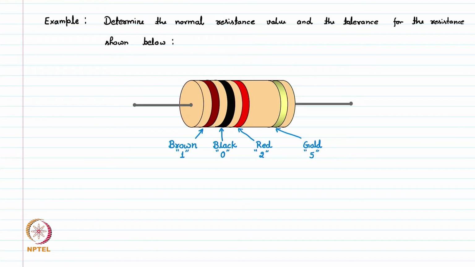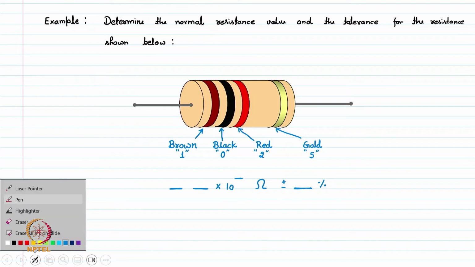So according to the formula, we have 2 spaces to fill in the digit, and then we have 10 to power multiplier, this much is the ohm value, and then we have plus minus this fourth parameter in terms of percentage. So these 4 values we need to put, that we put